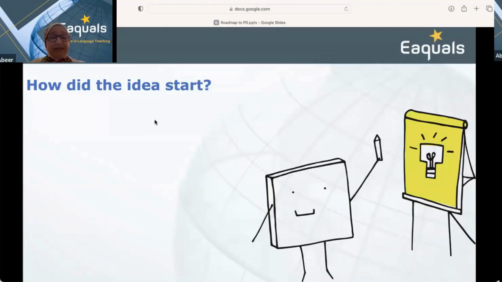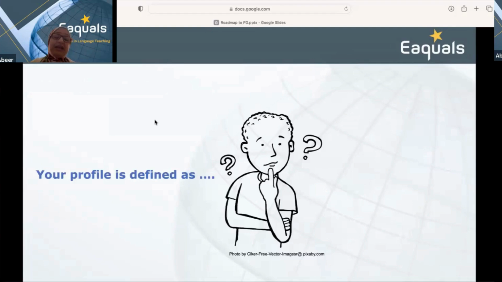Yes, a profile is defined as a brief of your top qualities, skills, courses you've given, courses you've delivered, training you've taken, PD you've tried out, everything. It defines you as a person and as a teacher. So in order to do this, we need to think, what are the different